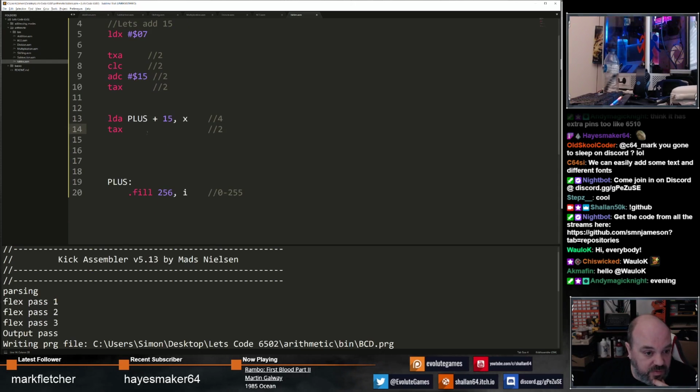The only caveat with this is this isn't going to do overflows. If this gets to the end, it's going to start drawing whatever's on the other side. So one thing you can do, if you really don't care about memory, is fill 2 tables with the numbers, then you can add 255 and it will overflow. You're not going to get any carry flag on here,